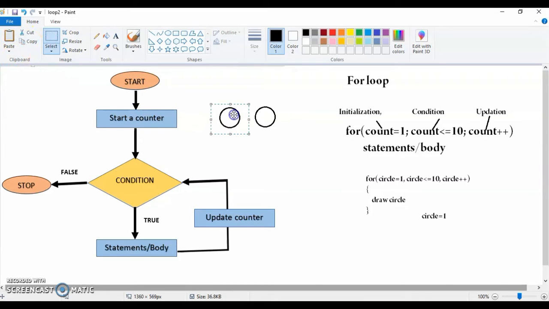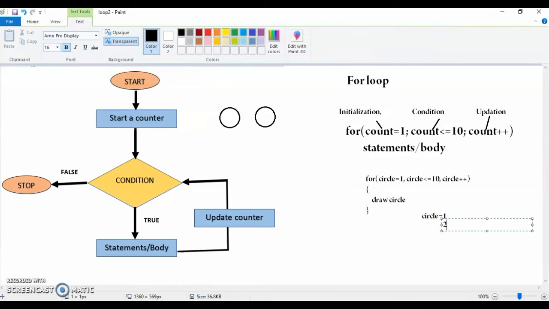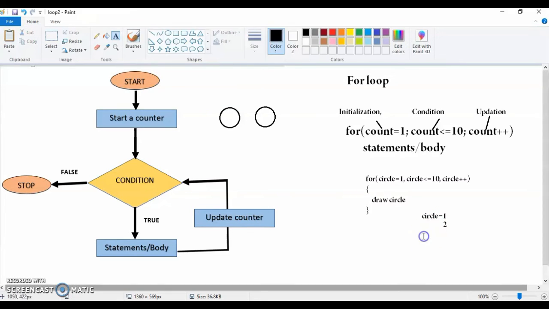Right. So I have two circles. Now after this condition is true, this is updating the counter. Now the value of circle is going to be 2. I'll just write 2, circle equals 2.